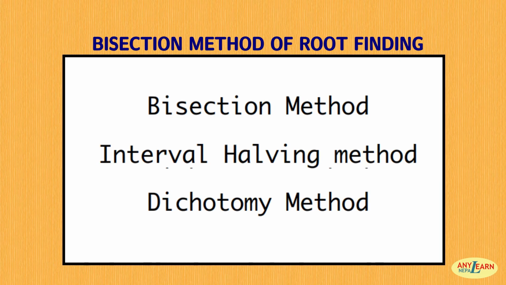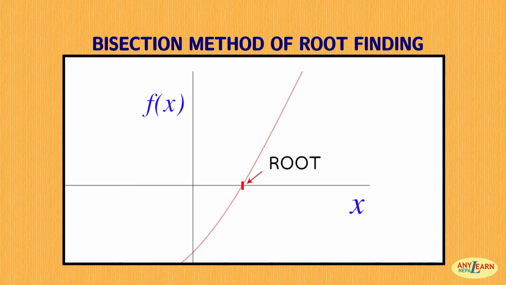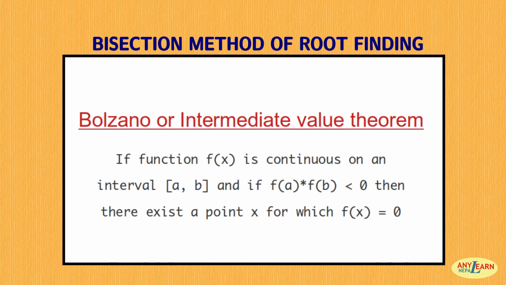Now there are two questions to be answered before writing an algorithm for a code. The first one is how to know which interval contains the root. We used a graph to explain the bisection method, and there we can see clearly the position of the root, and hence we can determine the interval that contains the root. But while solving through the computational way, we cannot determine it in that way. So there is one easy way with the help of a theorem.